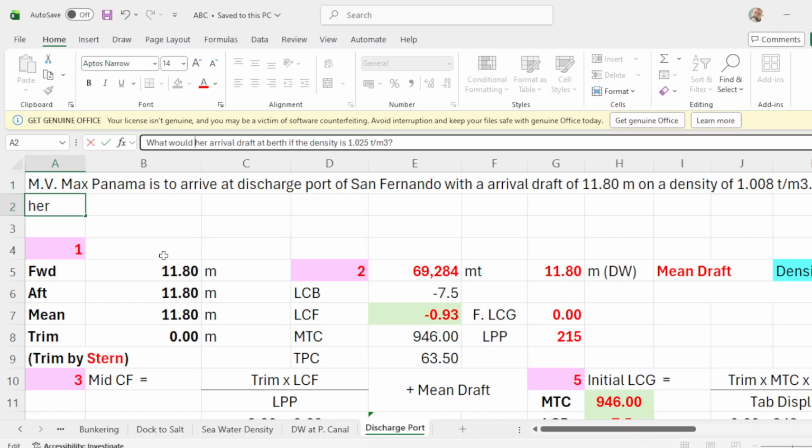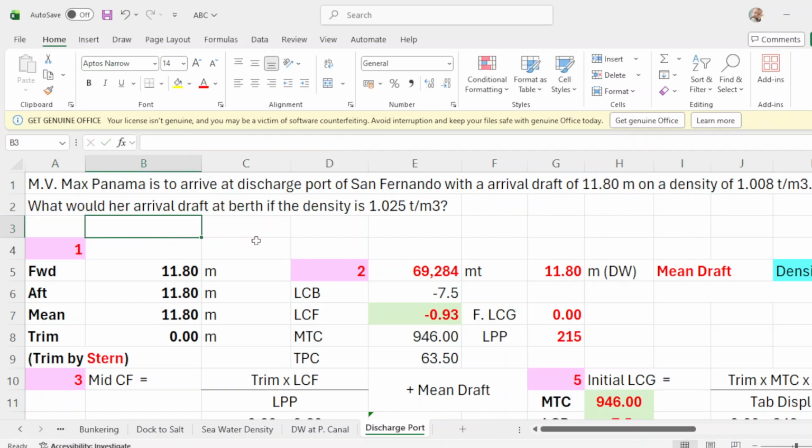Her arrival drop at berth if the density is 1.025. She's at sea, and her drop forward and aft and mean drop is 11.80, meaning even keel. Now she's to arrive at berth in salt water, 1.025. What will be her new drop? This problem is derived from this program,